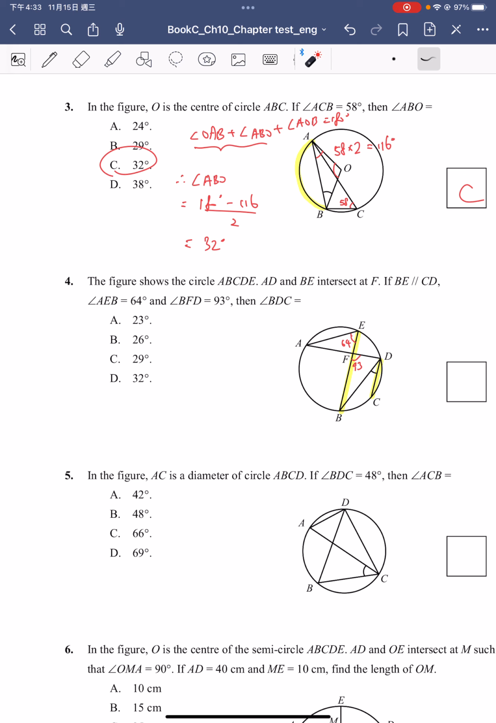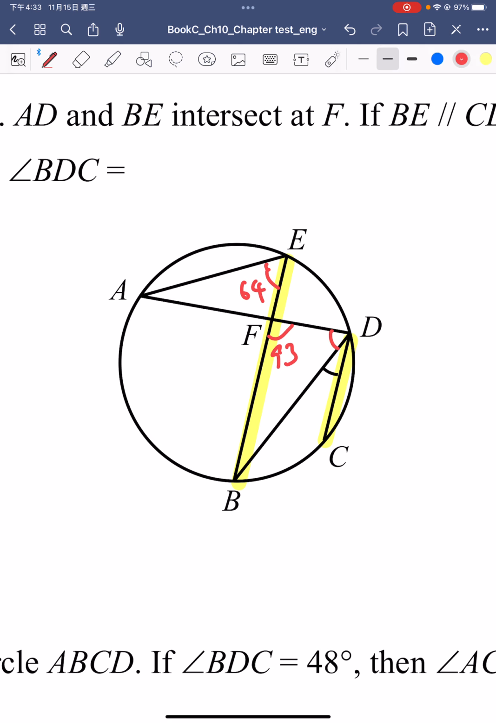Alright, so what we're going to do is say that this is equal to 64 as well. So when we have these two angles, we can find out this angle. This angle is calculated by using the angle sum of triangle, 180 minus 93 minus 64. This is equal to